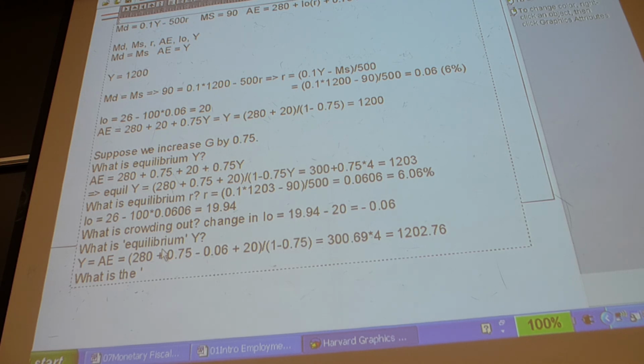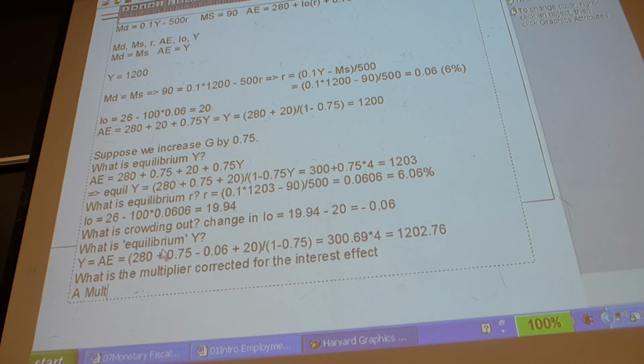What is the multiplier corrected for the interest effect? And remember, the multiplier, the A multiplier, is always equal to the change in Y, dY, put it like this, for change